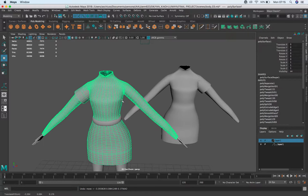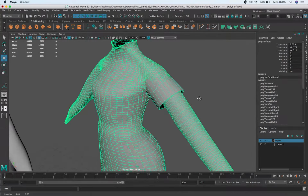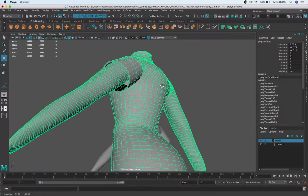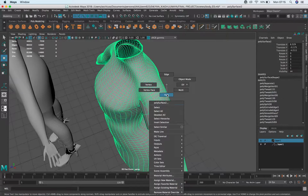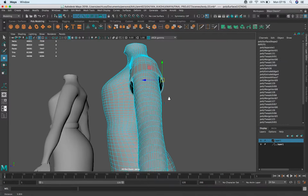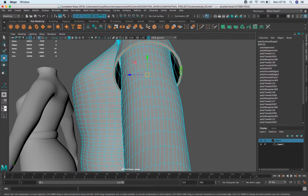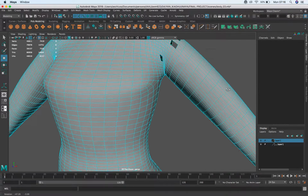Well, let's just look at this for the moment. I don't know how you did this sleeve thing, but that's kind of a mess. I might shift double click here and shift the greater than symbol. Weird. Just gonna try to delete that one. No? Yeah, there's a very strange...